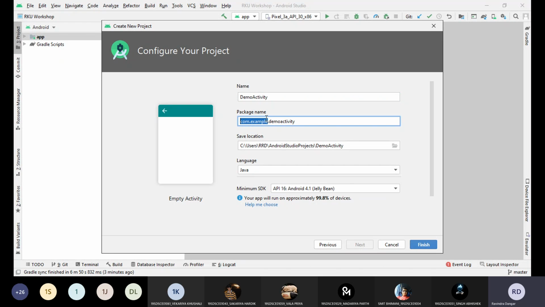For example, if you are having a firm and you want these applications to be known from your firm, then you can write the name of your firm here. It is up to you. You can write your name also. You can write anything, but whatever you write here, it will be considered as the package name, so that all the files and things will be created under this package only. Then you need to give the path where you want to save your application. By default you can see this is the location for me. It is there in Android Studio projects, and this is the name of the project.